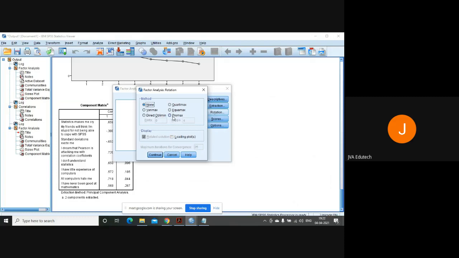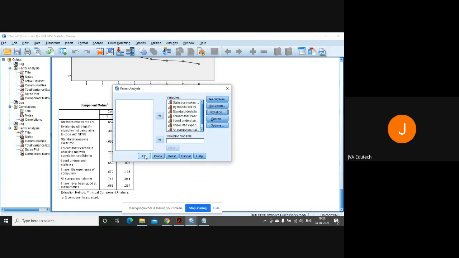Now, normally when we go for orthogonal rotation, Varimax is the most used method. And when we go for oblique rotation, Direct Oblimin is one of the most used rotations. When should we use oblique rotation, and when should we use orthogonal rotation? I will come to this. First, let me see that I want to use this Varimax rotation, and maximum iterations for convergence again 100, since we have taken 100. Continue.